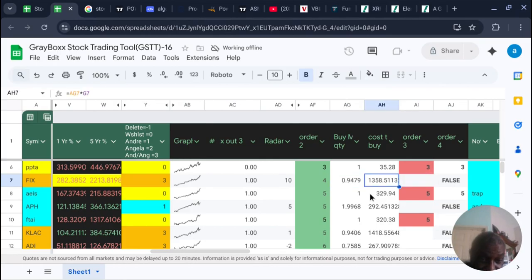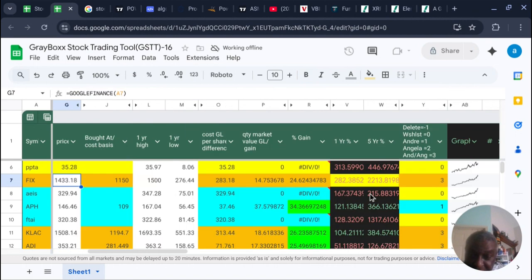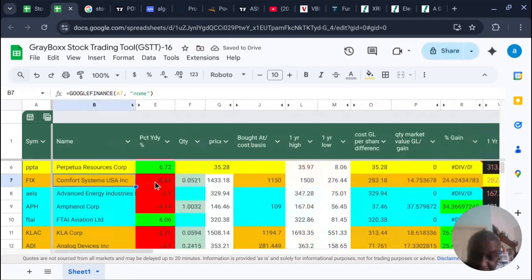Let's see. We're trying to get one stock, probably less than 1, and we want to get that stock. Let's see. We own a quantity. It's a slice. Sorry about that, it's a little slow. But the name is Comfort Systems USA. I don't know how to get fixed out of that. But